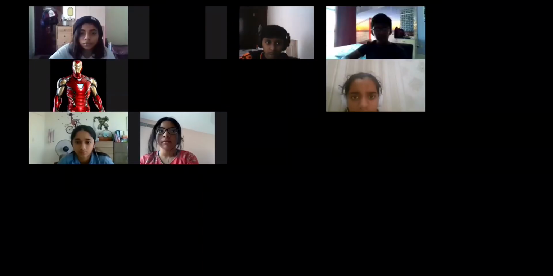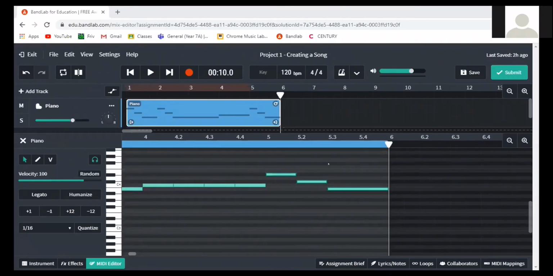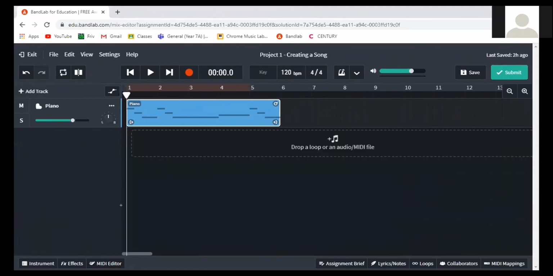Can one of y'all just share your screen with me if you finish the whole song? Okay, thank you, Zara. Go to the start. First, turn off your MIDI editor. Thank you. Play. Okay, I can't hear any audio, but I'm guessing it's playing. Okay, go to your share screen option and the advanced sharing options. There should be an option for, no, not advanced sharing. Where is the option?